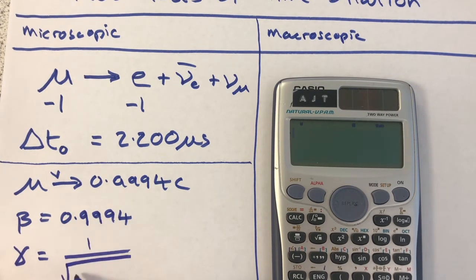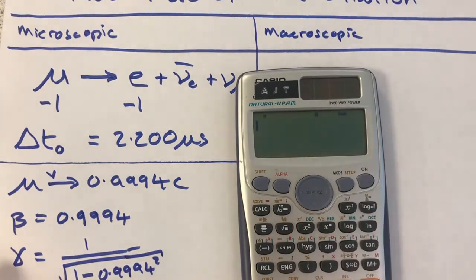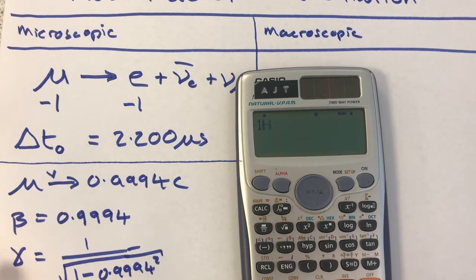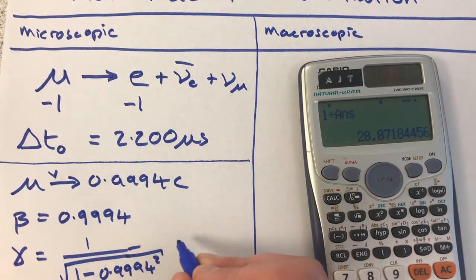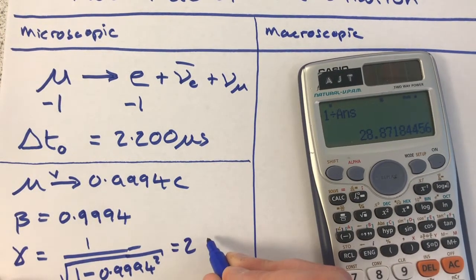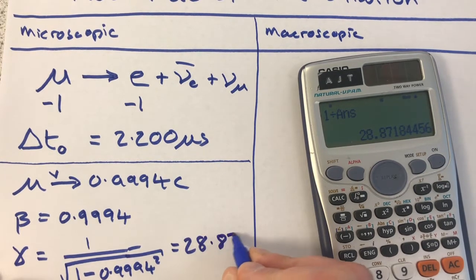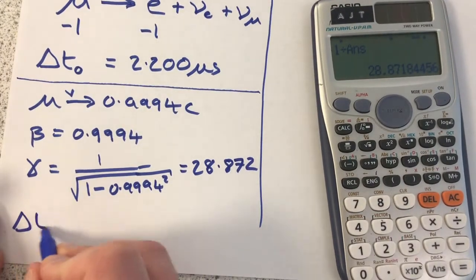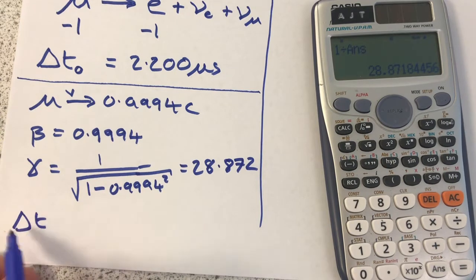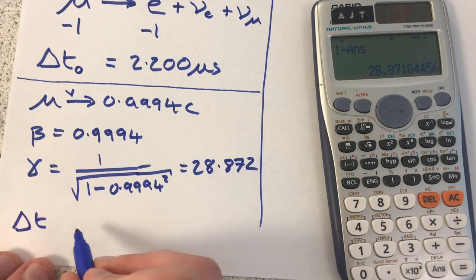That would be 1 over the square root of 1 minus 0.9994 squared. So on my calculator, 0.9994 squared equals, 1 subtract that answer equals, square root that answer equals, 1 divided by that answer equals. So we would have a Lorentz factor of around 28.872, in which case our time dilation effects, our new time period between the generation and decay of a muon particle,